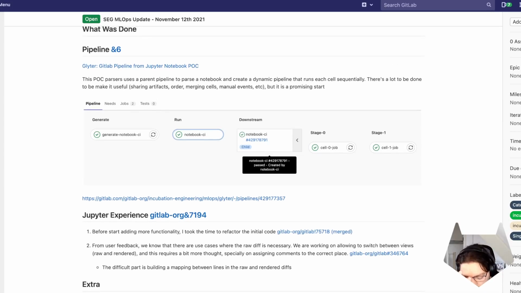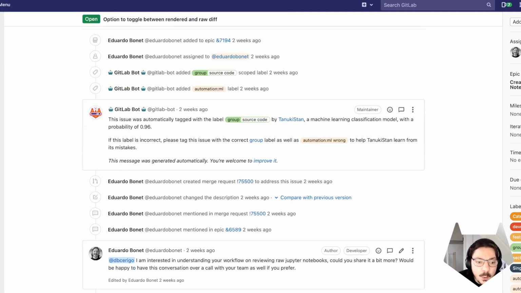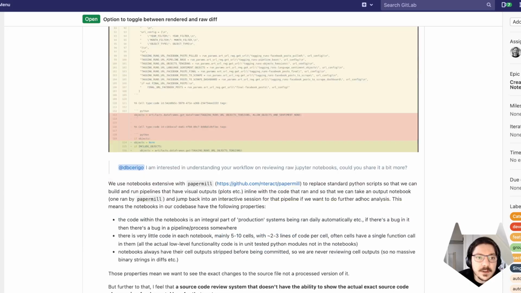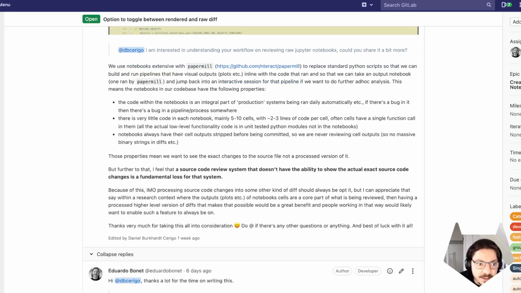But now that it is live and it is being used, we wanted to expand, and refactoring was important. And from user feedback, which was really good because it means users care about this, we know that they still want the raw diff. They like the render diff, but the raw diff is still important. So what we're working on now is a way to show both of them at the same time, which is a